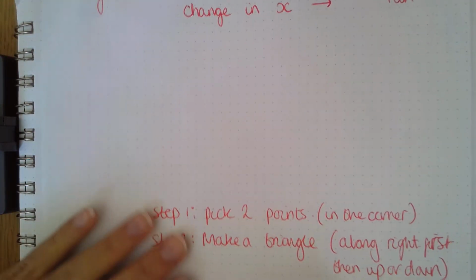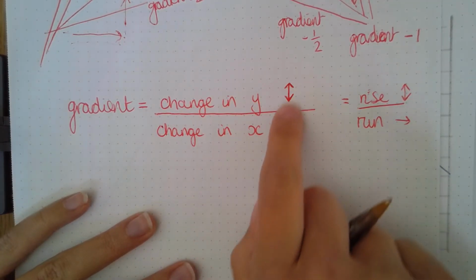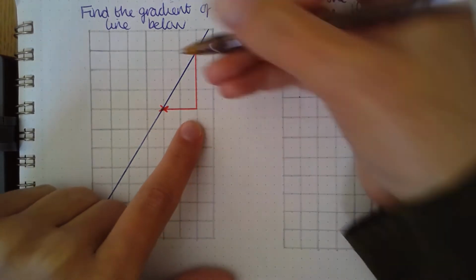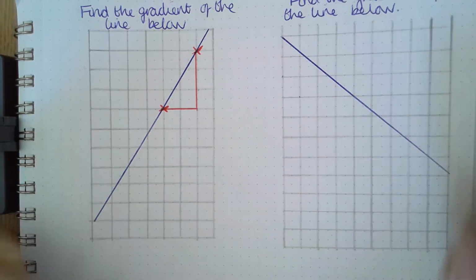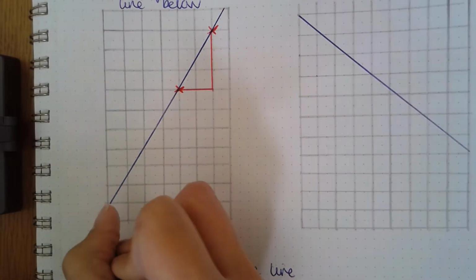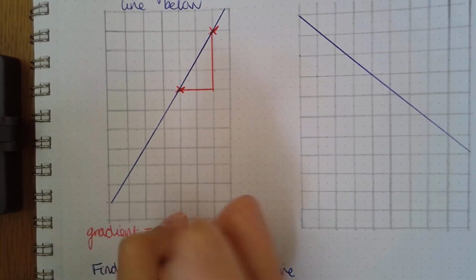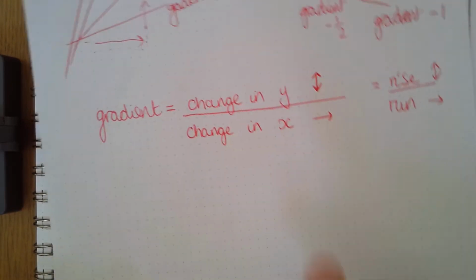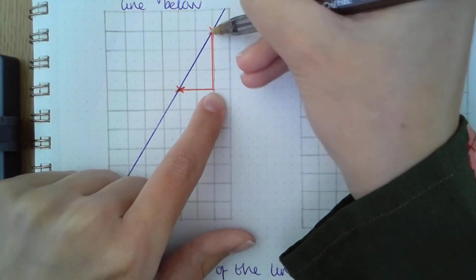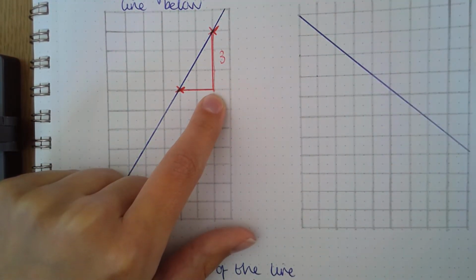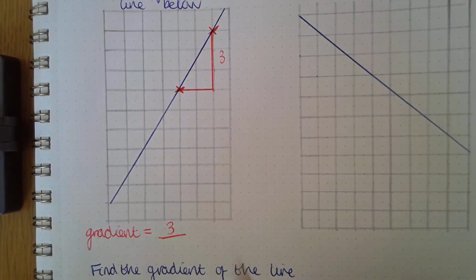So now we can see that I need the change in the y, so how much it goes up or down. So how many squares does it go up or down? 1, 2, 3. Okay, so I'm going to write underneath my gradient equals. So it says change in y, so how much it goes up or down. Well, it goes up 3